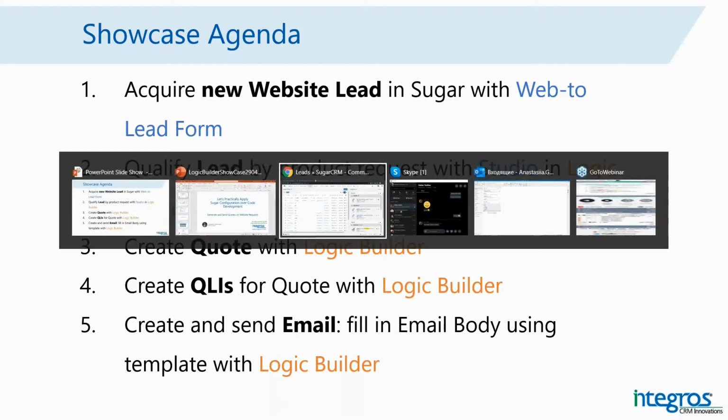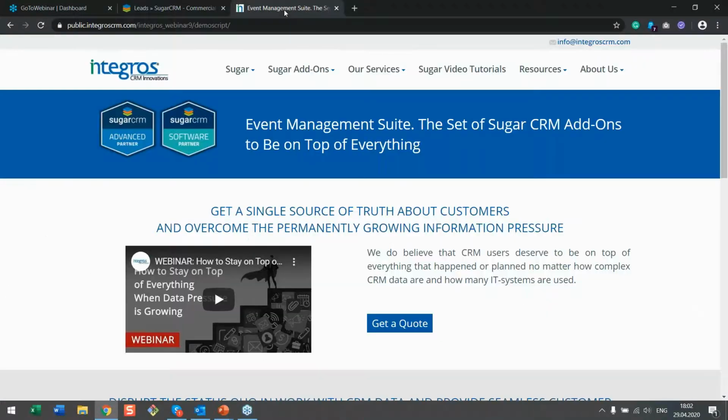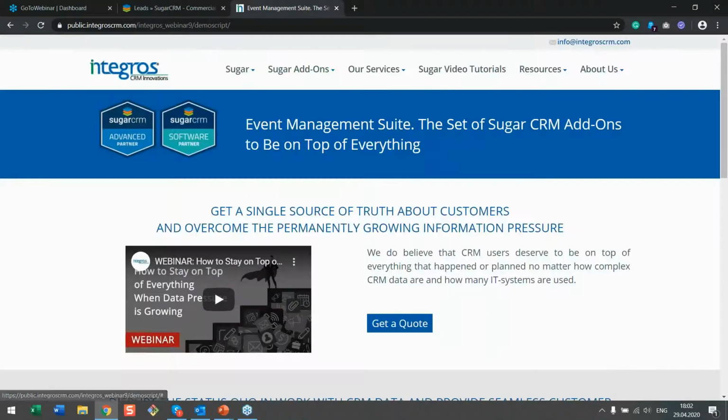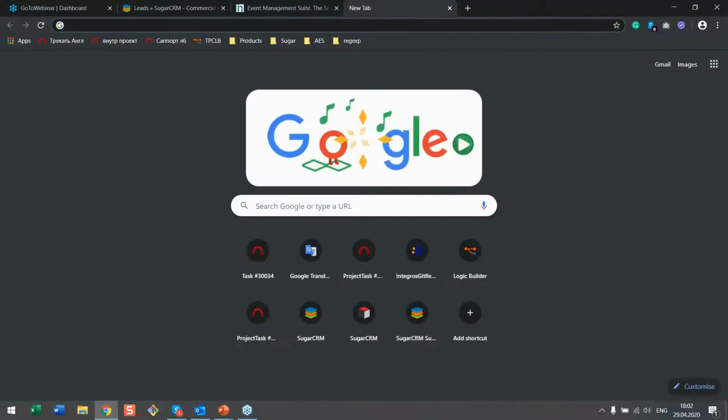All I need for today is my browser. So this is our today's star, Sugar, the latest version. There is also a site, and here is my request form. As soon as I provide all the details here, there will be a lead in Sugar. And now we are going to configure what happens next. For this, I'm going to navigate to